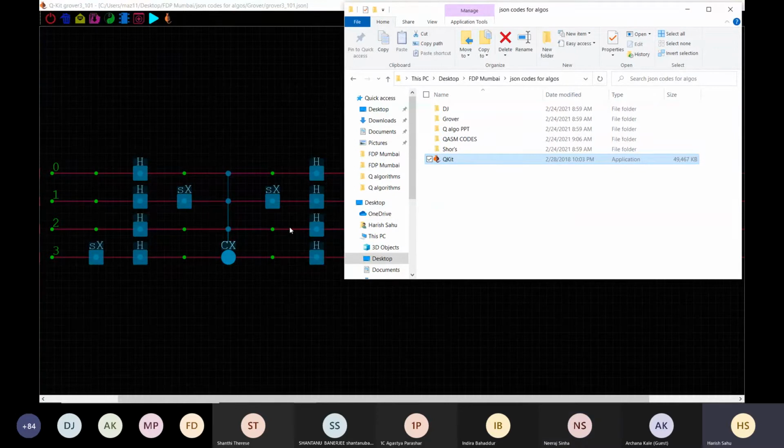What is the restriction? If anybody has observed, this IBM Composer is online. Whatever you have to do online, do offline also. Online, you need to be online, and whatever you are doing will be the property of IBM. Means IBM has access to that. Let's suppose you are doing some research project or something secret, then you do not want to run it on IBM. You want to develop it on your secure machine and run it in your own environment. Okay. So if you have this kind of tool with you, like this QKit, then what you can do